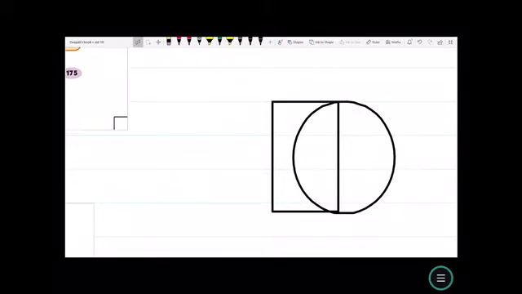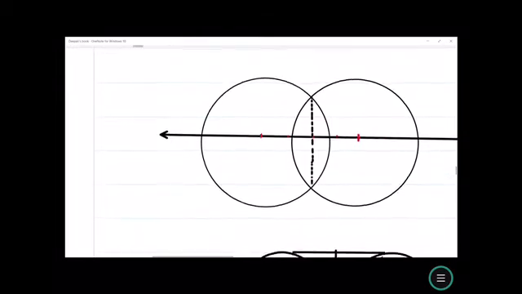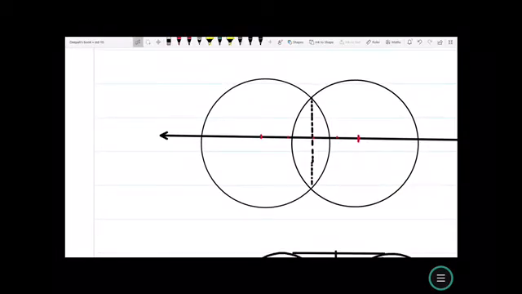Okay. Now here we have two lenses. Say one is a rectangular piece or a glass slab and the other is a circular spherical piece of glass. When we combine these two, we get a lens which has one surface which is straight and the other surface which is curved. This type of lens is used for certain things, but we are not going to study much about this type of lens. We are going to study lenses formed by two spherical surfaces.